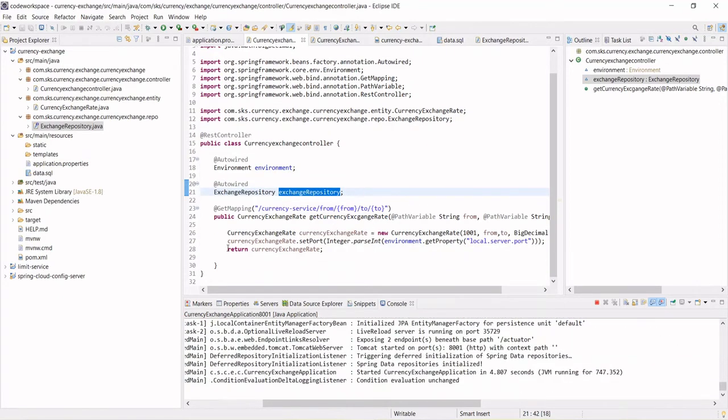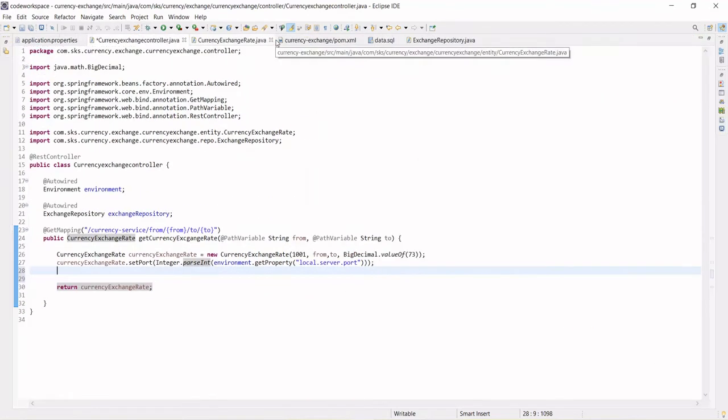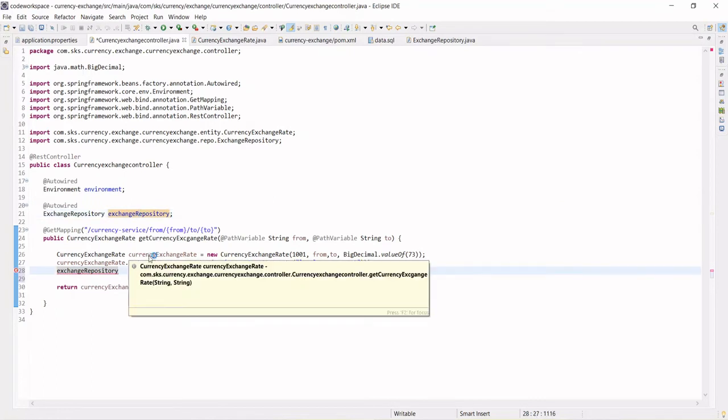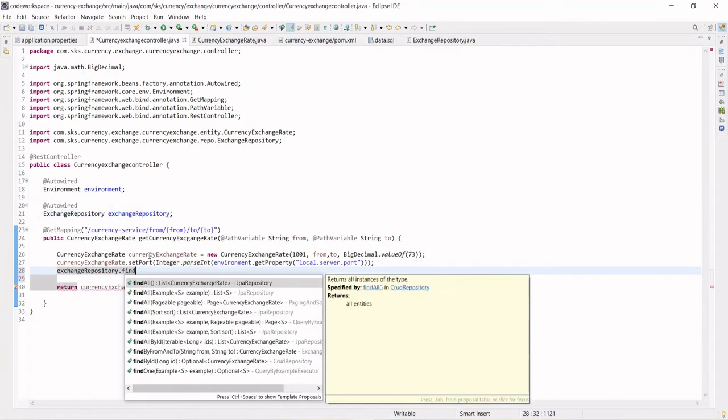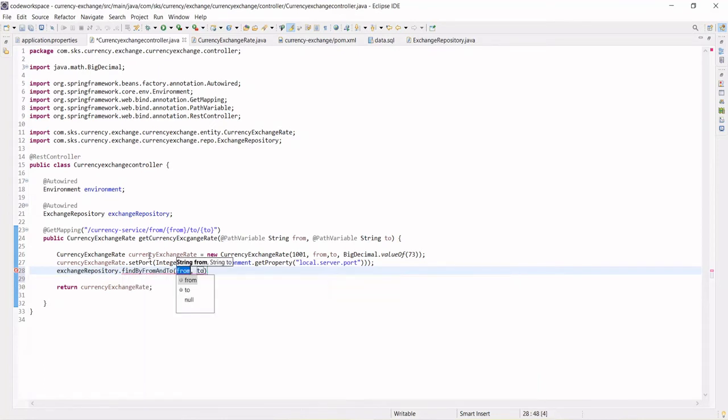If you go here, what you need to do is just use the exchange repository object you created, dot findByFromAndTo. This is the query method we have created, and from and to come from the user request.